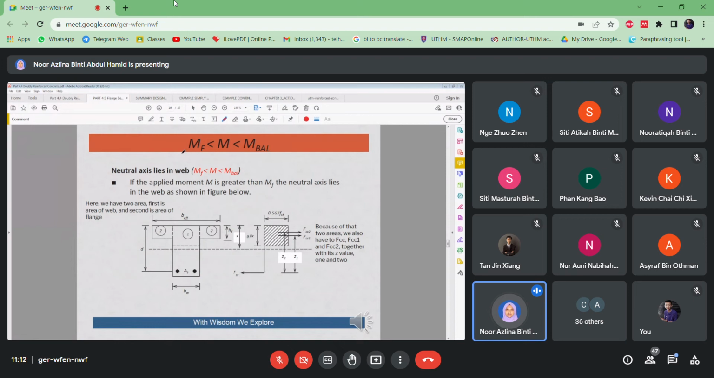Alright, so then we have the second conditions here. Once your design moment M is more than Mf, which is the neutral axis lies in the web. But at the same time, you need also to check with the M balance. Is it less than M balance or more than the M balance? So in this case, once the neutral axis lies in the web,